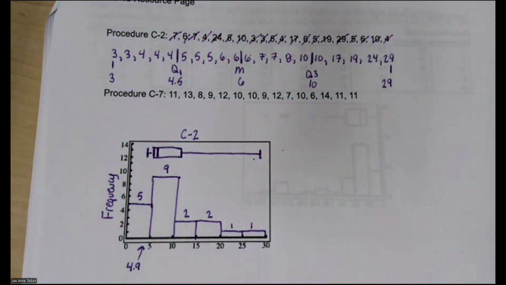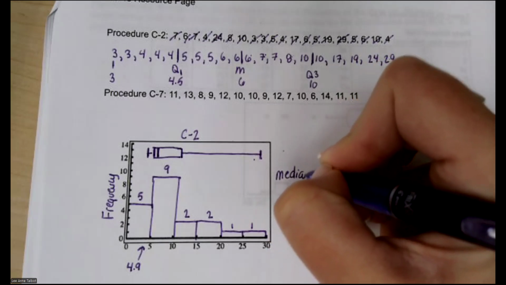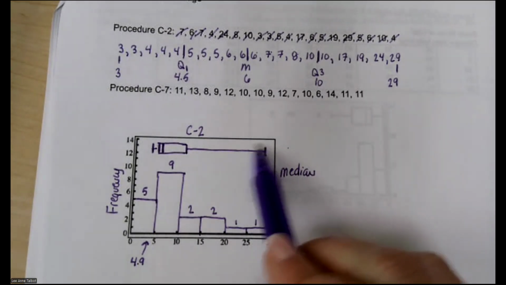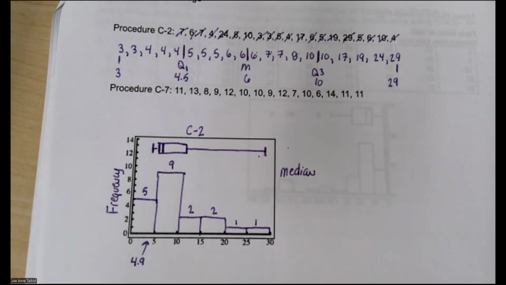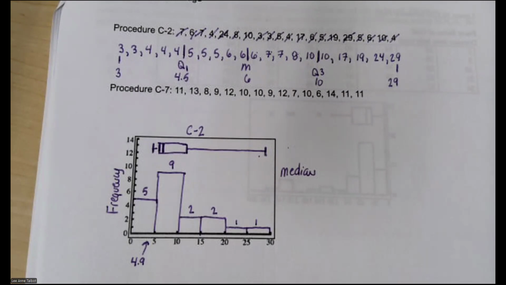Okay, now in this one, just from what we were doing before, should I use the mean or the median? Are there possible outliers in this one? Yes, so median. We're not going to go any further with that. Median's the best choice for this. The reason is there's a possibility that 24 and 29, a couple of these, are high outliers, and you can tell that it's got that tail on the box and whisker plot.